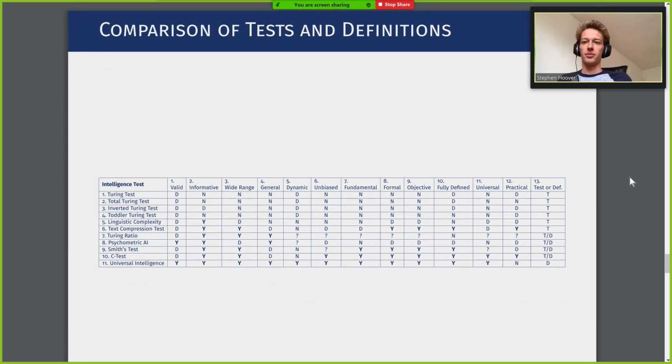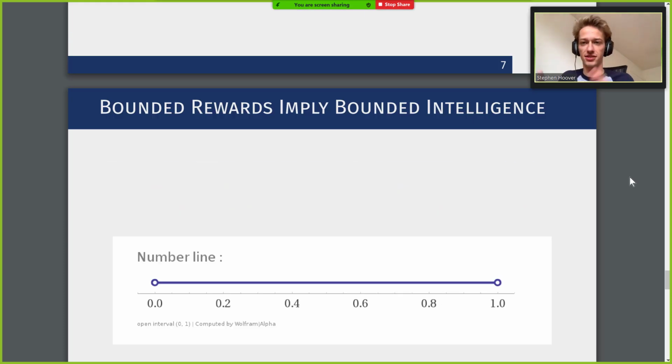I am going to use this for the discussion. I spent a long time making it. So please, somebody ask a question about it, even if you don't care later, please. Essentially, this is a comparison of tests and definitions. There was a table in the back of the paper, but that table used big dots and small dots. It's very hard to parse. So we can go to the next slide. This is just something for reference later.